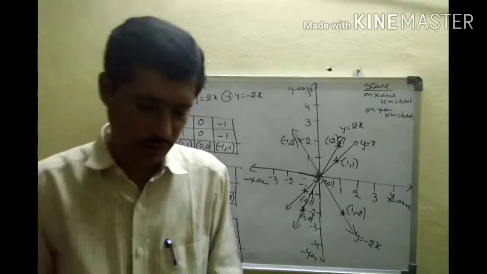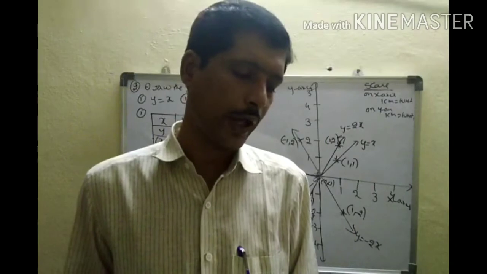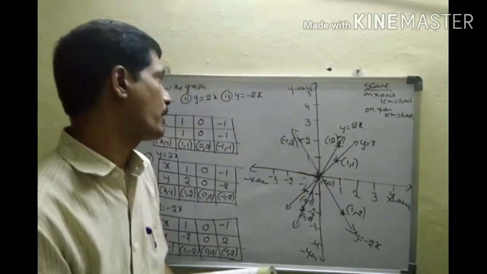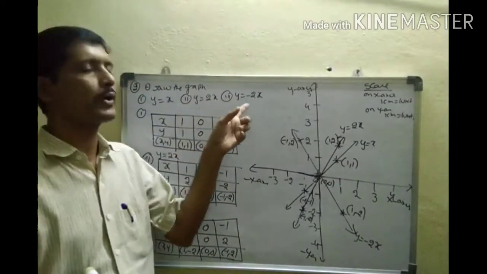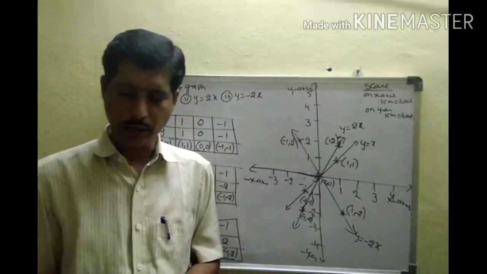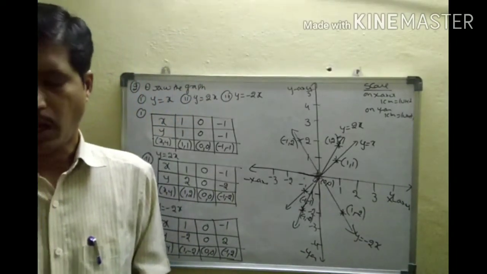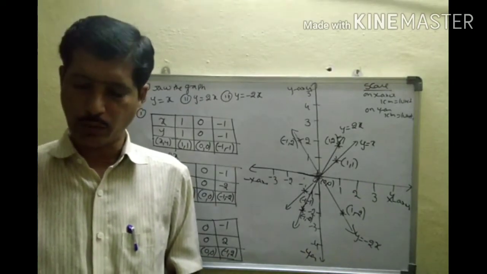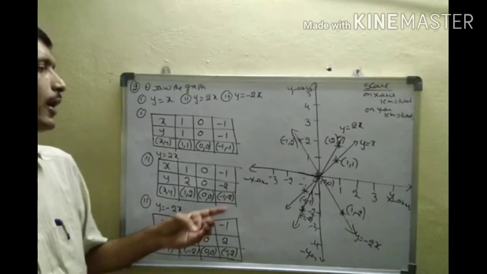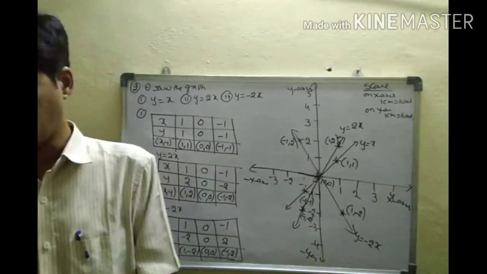Here some 3 questions is given. See, are all the equations of the form y equal to mx, where m is a real number? Yes, m is a real number. Here m equal to 1, m equal to 2, m equal to minus 2, whatever it may be, therefore that is a real number. Are all these graphs passing through origin? Yes, all these graphs are passing through origin. What can you conclude about these graphs? Therefore y equal to mx, the type of graph is always passing through origin. Okay, next question.